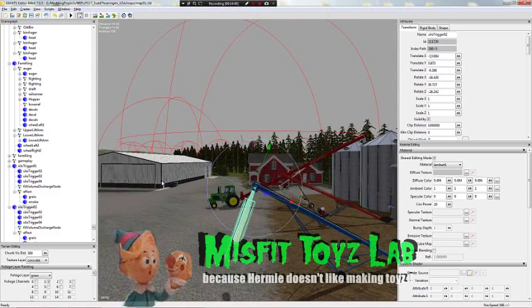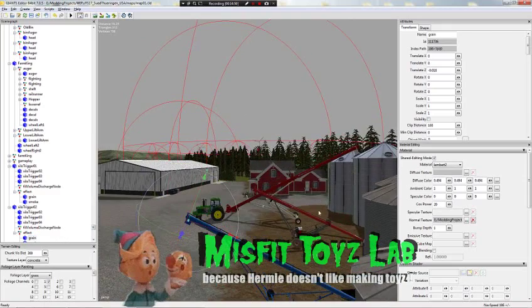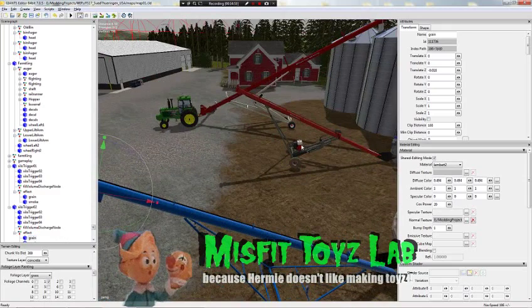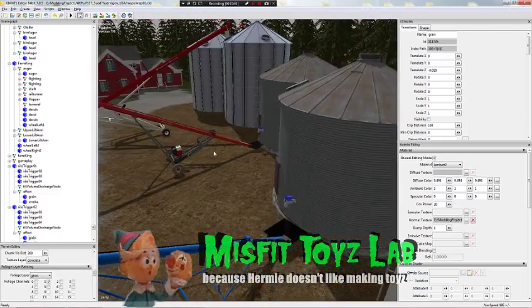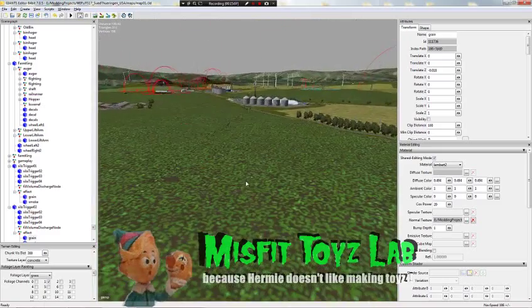And you can leave it visible or not. I just choose to make them invisible. I don't know if it really has any effect on it. I don't think it does. But then we have a motorized grain auger, and then this is obviously a PTO, and so we could bring a tractor in and park it there just for looks, but it's really not necessary. Okay, let's go over and